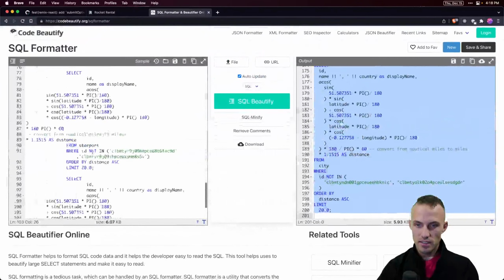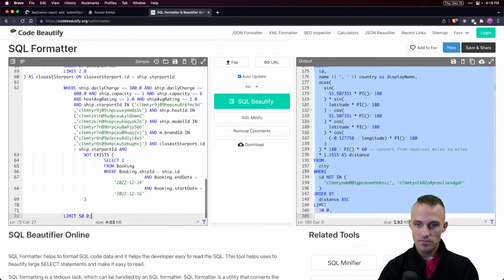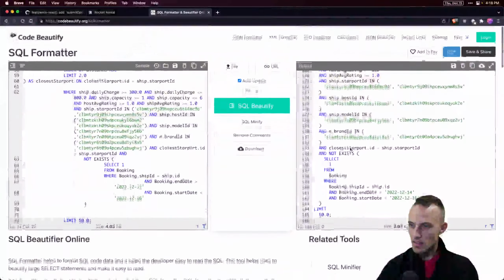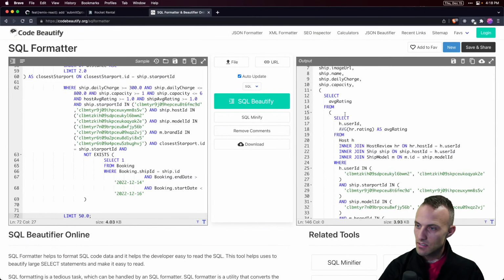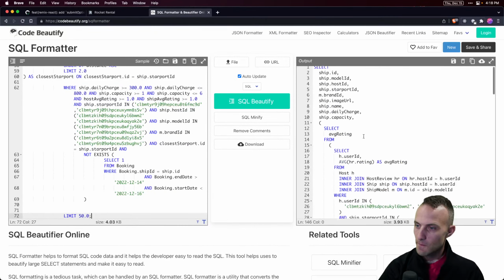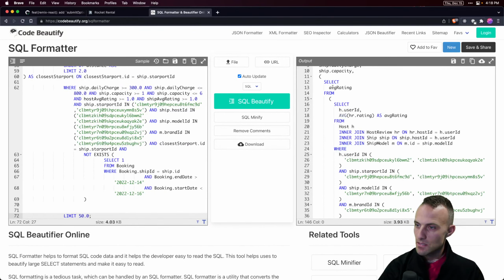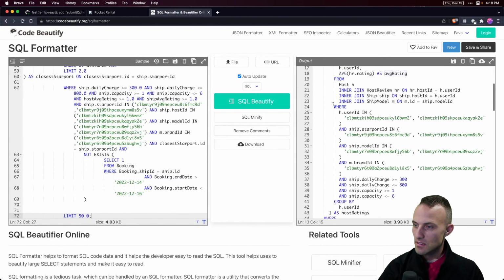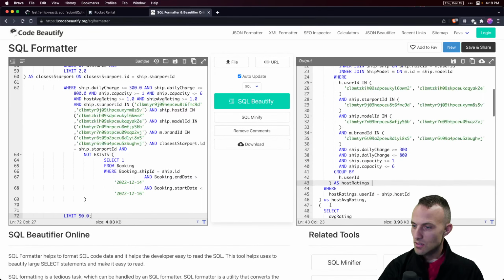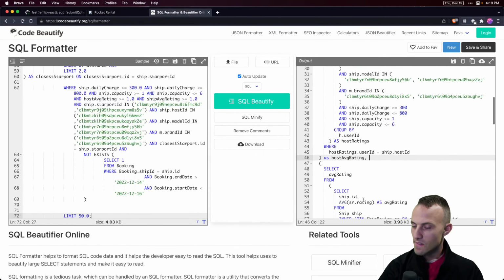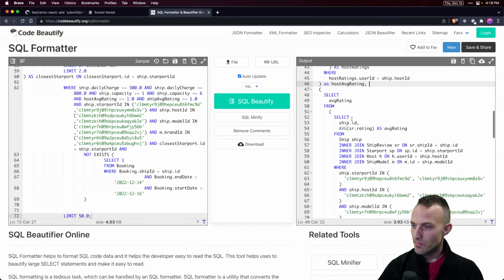I accidentally got another URL get request in here. There we go. Okay. It's not quite as big as I thought, but look, there is so much stuff in this. So here's what it takes to calculate the average rating. But we're optimizing the query. Oh, it's so sick. Host ratings as host average rating. And then select the average rating from